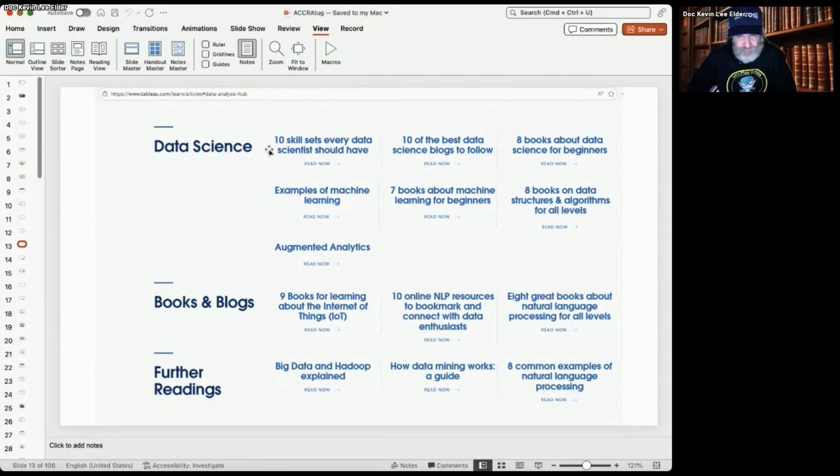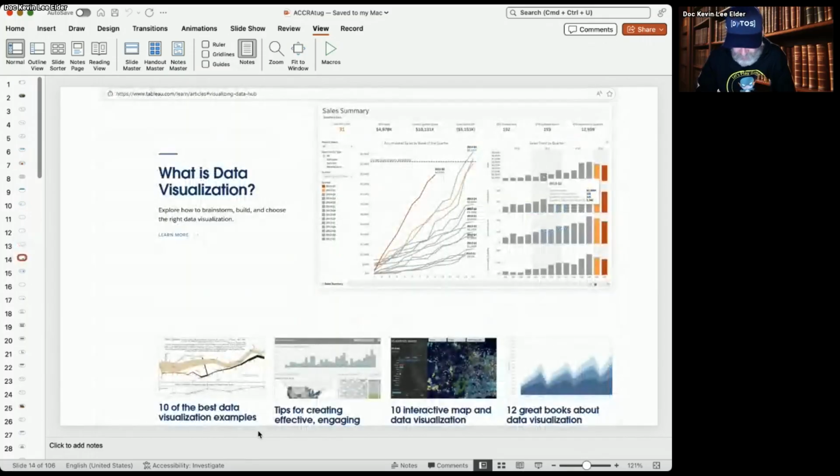When you want to go to the next level of data science, there are lots of articles and things through their hub. Future reading, you can really read where Tableau is going, because not only do you want to learn Tableau to do things today, you need to know, hey, down the road, things are going to be different. And so I need to get ready for when things are different. But I still think you need to learn the basics today. And so you can do that.